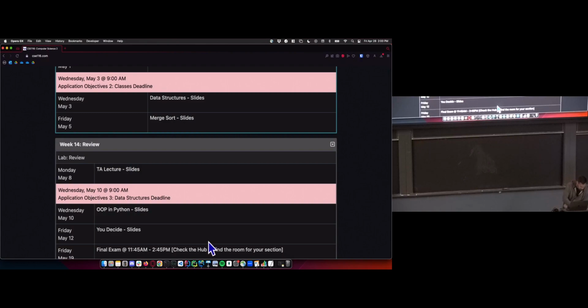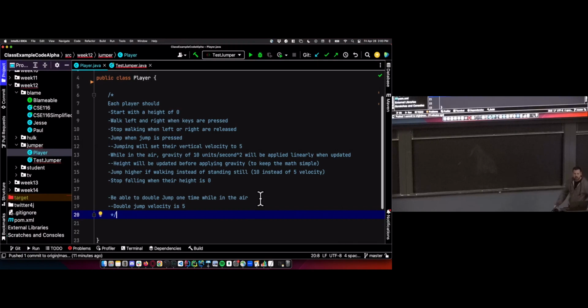All right, let's get started. Okay, so we want to effectively do the same thing that we did on Wednesday. I got a spec sheet here, and we want to code it up